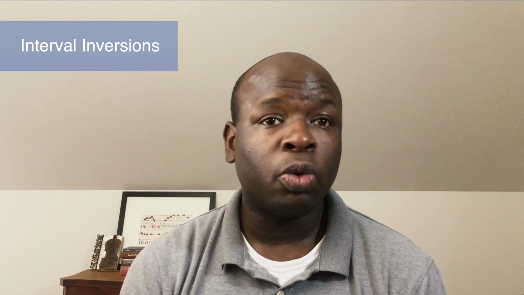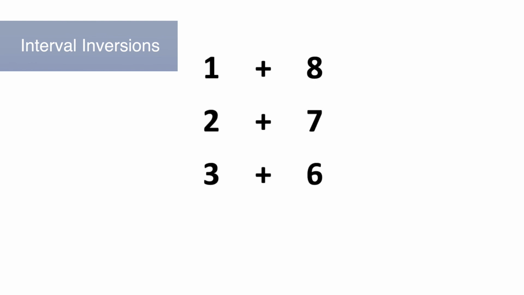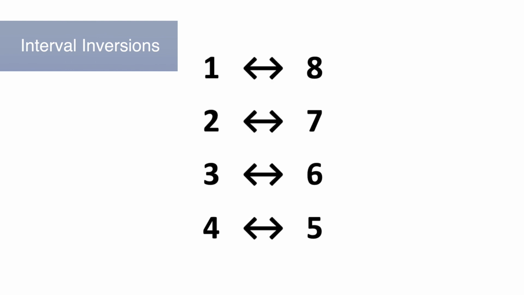So we can apply this kind of investigation to any interval you can think of, but there are actually some formulas or rules of thumb that apply here. In terms of the numeric interval inversions, I ask you to add 1 and 8. Now add 2 plus 7, 6 plus 3, 4 plus 5. Those all result in the number 9. So it turns out that any two pairs of numbers that add up to 9 represent intervallic inversions.